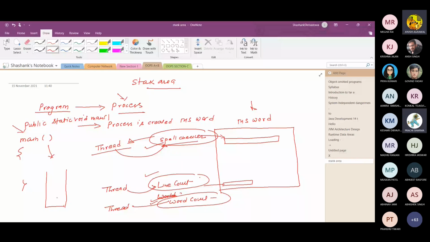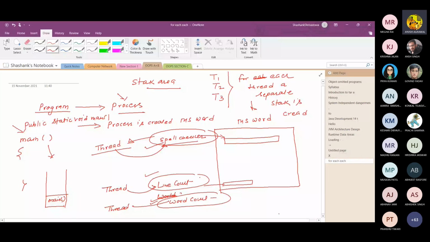Suppose in a single program there are 3 threads. For each thread a separate stack is created. So if there are 3 threads, 3 stacks are created in the stack memory area like this.